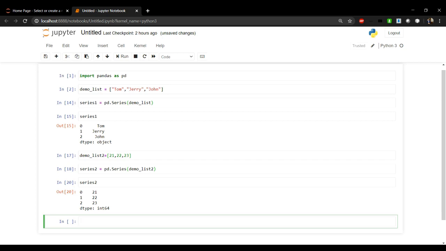Now here we have the two different series, one which contains the names of the three persons and the other, that is series 2, which contains the corresponding ages of those persons. Now let's try to combine both series into a single data frame. For this I need to create a dictionary first. So I'll create the dictionary as dictionary